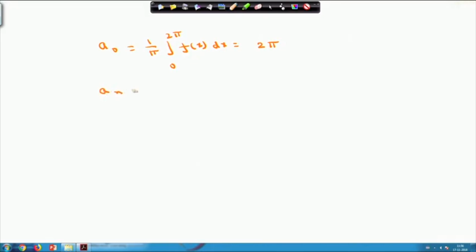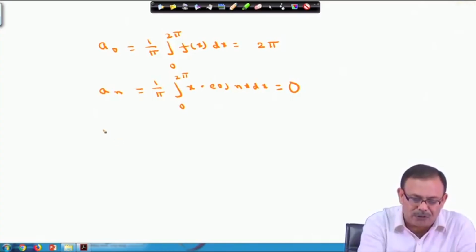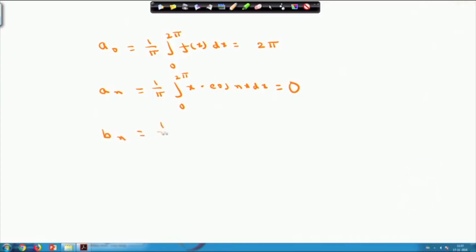Your a n equals 1 by pi integral 0 to 2 pi f x into cos n x dx. What is x? f x equals x is an odd function. So, this becomes odd, and your a n is 0. Without calculation also we could have told. Your b n is 1 by pi integral 0 to 2 pi, f x is x, into